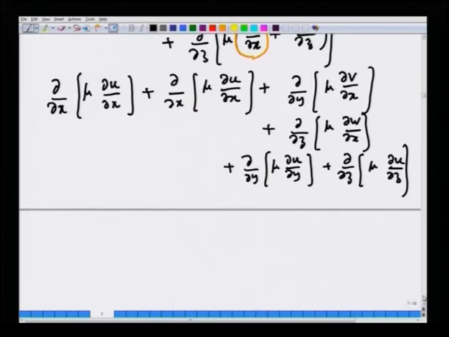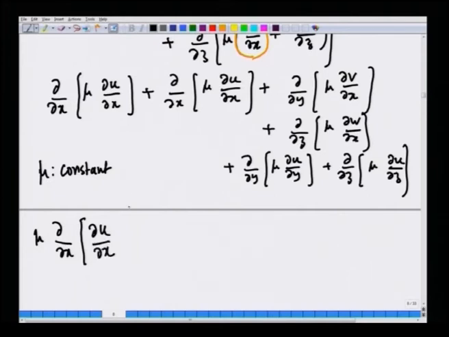Now, the order of these partial derivatives is interchangeable. So, let me write this as partial x, and we will assume that mu is constant, independent of spatial positions. So, we can pull out mu of partial u partial x, that is from this term. We also have, if you interchange these two partial derivatives, partial x of partial v partial y, and likewise from this term, partial x of partial w partial z